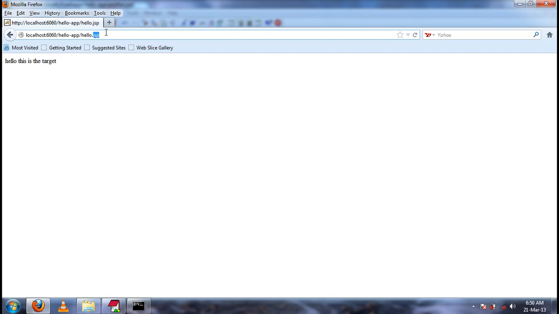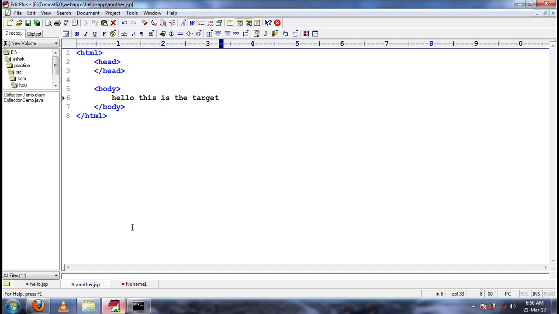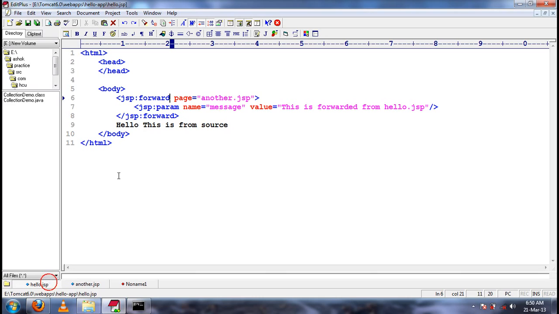But rather than creating a request dispatcher and executing the forward method ourselves, we use the tag, and the execution of the tag does everything.